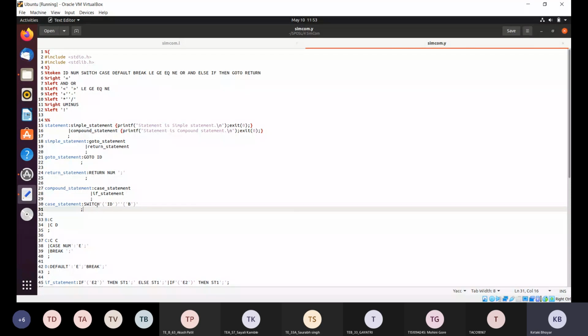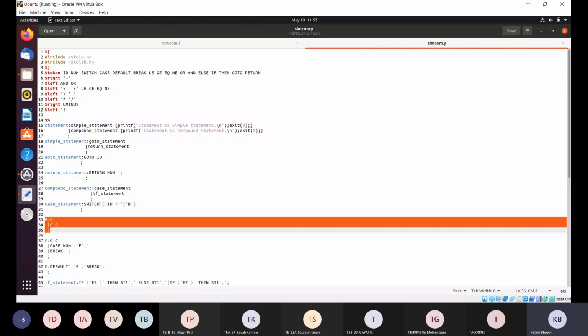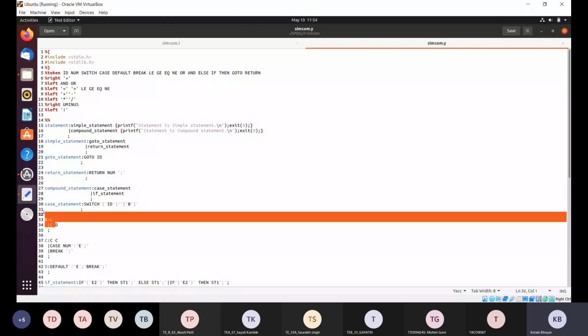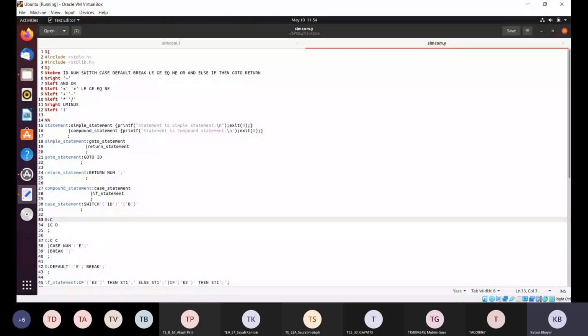अब यहाँ पे id हमने डिफाइन किया है, switch हमने पहले ही डिफाइन किया है, that is a keyword. Now what is b? b should represent different cases. b के लिए यहाँ पे represent किया है, b is followed by colon and it should be followed by a case. c is written for case, c के लिए भी नीचे रूल मेंशन किया है. And there can be c space d. What is d? d is default. There can be only one case or there can be multiple cases along with the default.